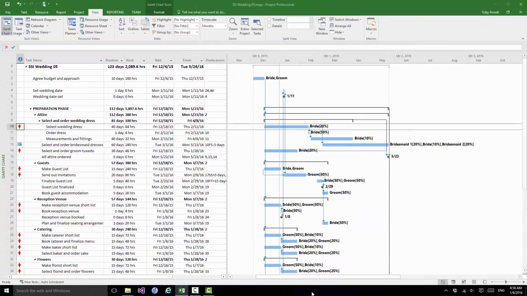Now before we look at automatically leveling, let me just point something else out. We asked Project 2016 to reschedule select wedding dress to a date where the resource wouldn't be over allocated. You can reschedule these things completely manually yourself, so there will be nothing to stop me going into any of these tasks and changing the start and finish dates. And I could go through all of them and change their start and finish dates manually, schedule them manually, change their task types from auto scheduled to manually scheduled if necessary, and fix any of these dates in time if